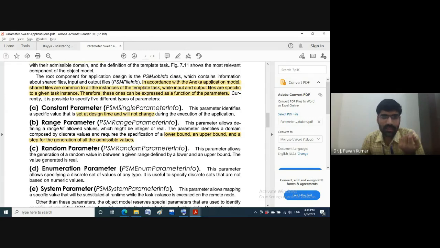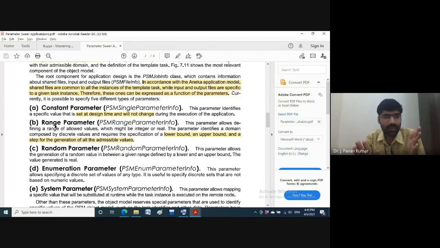Next, range parameter. The name itself indicates range parameter, in the sense we will be specifying some range, like lower bound and upper bound, and what is the step count, that also we will specify. Like in general we will be writing a loop, right? I is equal to 1, I less than or equal to 5, let us consider I plus plus. What does it mean? Starting value, lower bound is 1, upper bound is 5. I plus plus means every time the step is only 1. Okay, this is what we have.